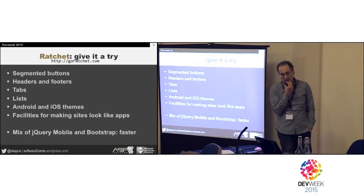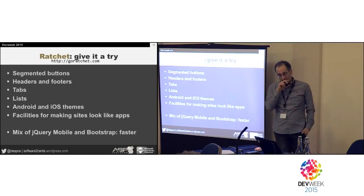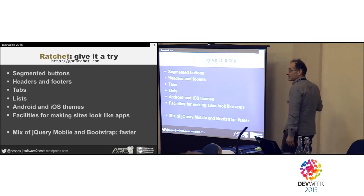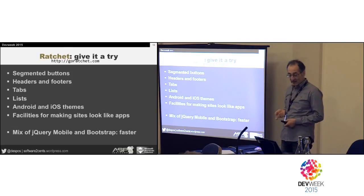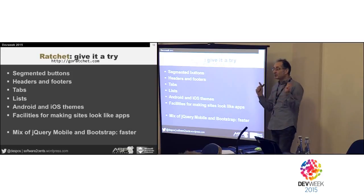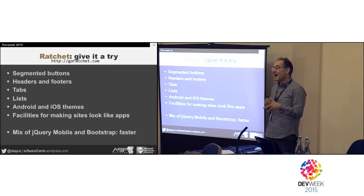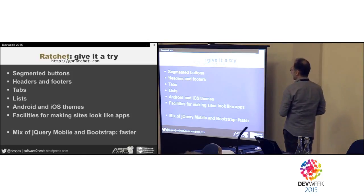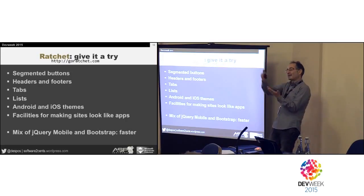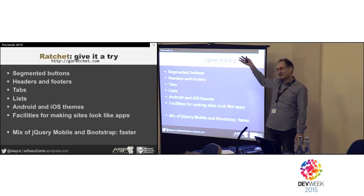Ratchet. This is a library that I discovered recently, and I'm learning about. I haven't used this yet in any production because I'm new to it. But I suggest that you look into that as well, give it a try. Go to ratchet.com. I like to call this the Bootstrap for mobile. It's significantly more compact than Bootstrap, and it allows you to create mobile-specific websites using an approach to HTML design and programming very, very similar to Bootstrap. If you are familiar with Bootstrap, I'm not saying you will find the same CSS classes in Ratchet, but you will find several of the concepts in Bootstrap here, maybe with slightly different names,